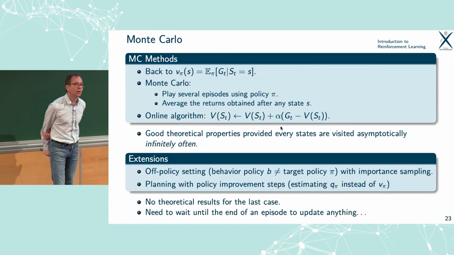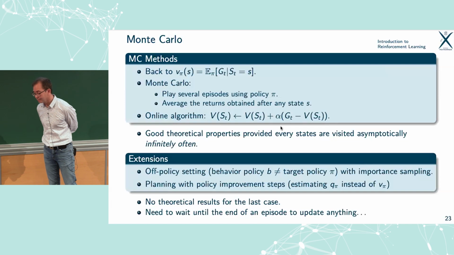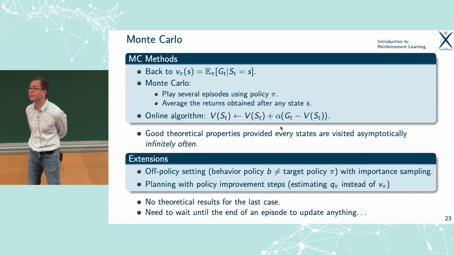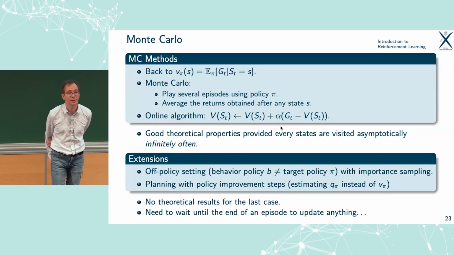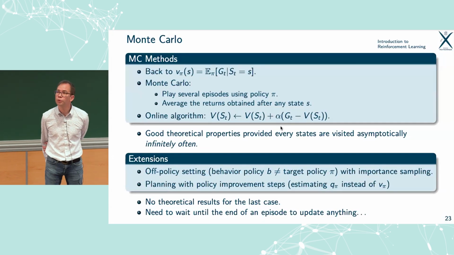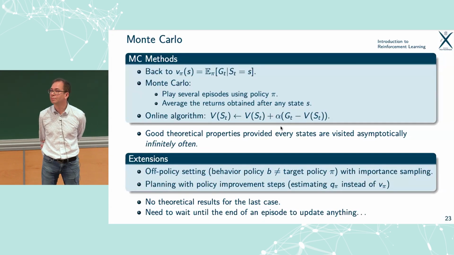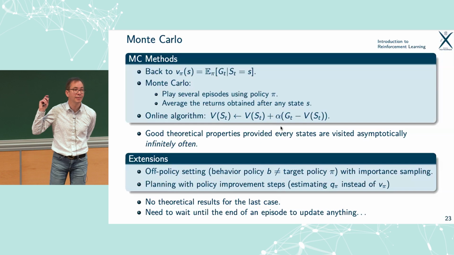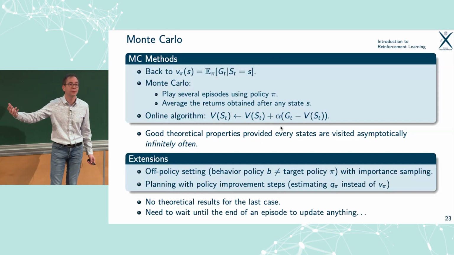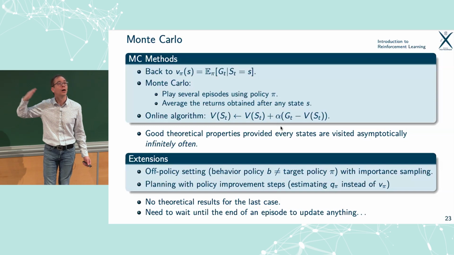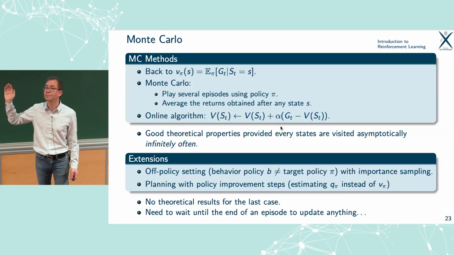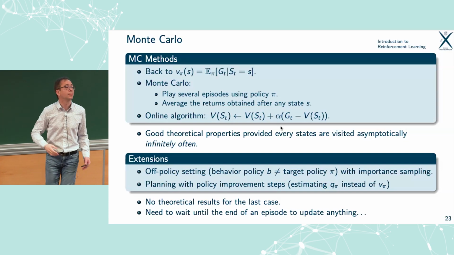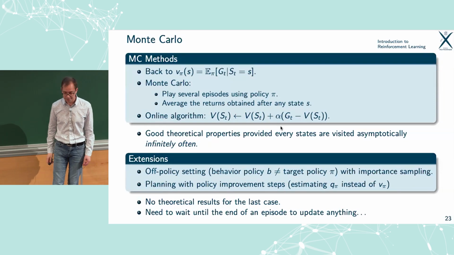What can we do? We cannot rely on the probability formula that we've seen. So we cannot rely on solving those linear equations or this linear programming. How do we know whether we're doing well or badly? There is a very simple way. Just play. If we play, we can collect the results, average them, and see whether that was a good idea or not. This is the idea of Monte Carlo. Doing simulation and averaging the results to know whether we're doing well or not.